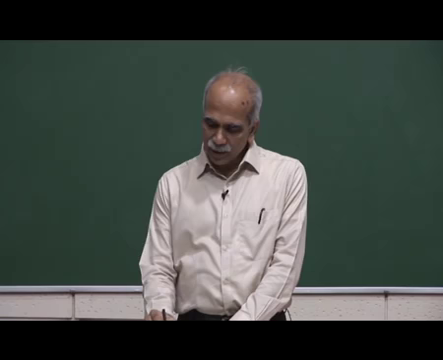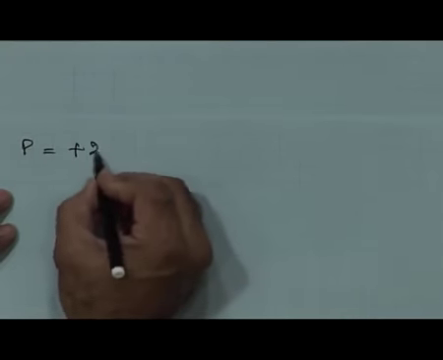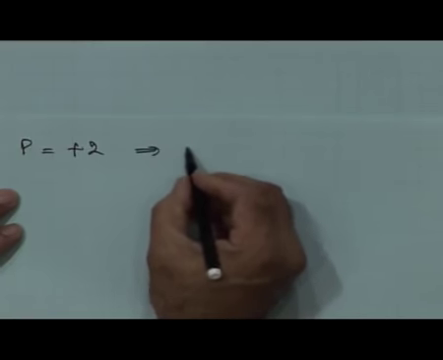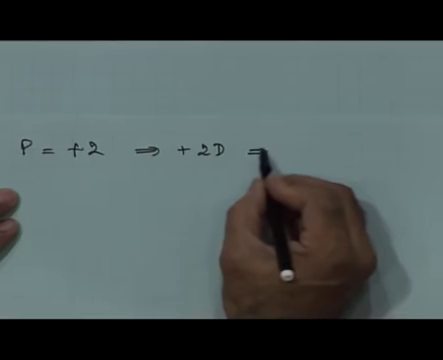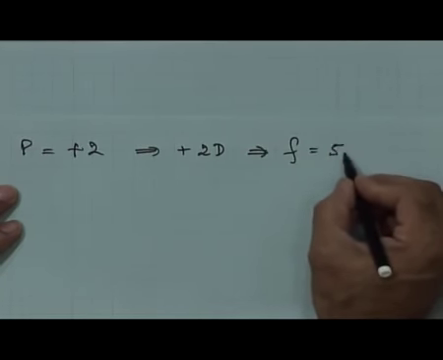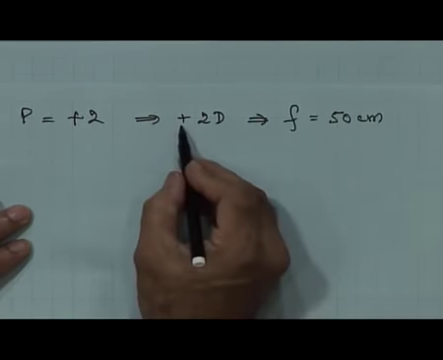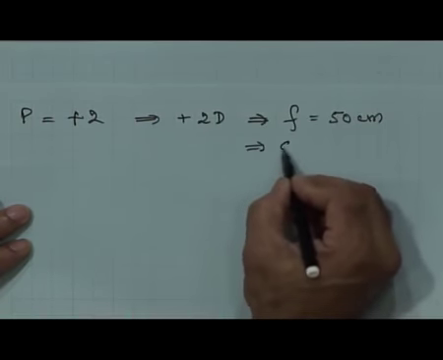My spectacle lens has a power P is equal to plus 2. What he implies is it is plus 2D, and this implies that the focal length is equal to 50 centimeter, and the focal length is positive,